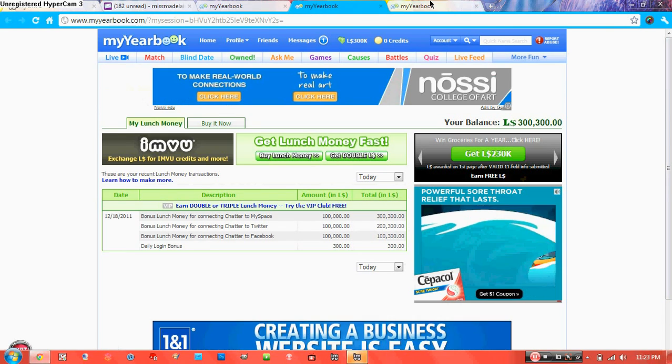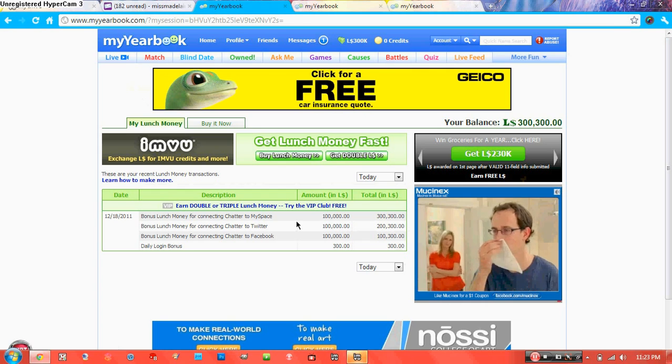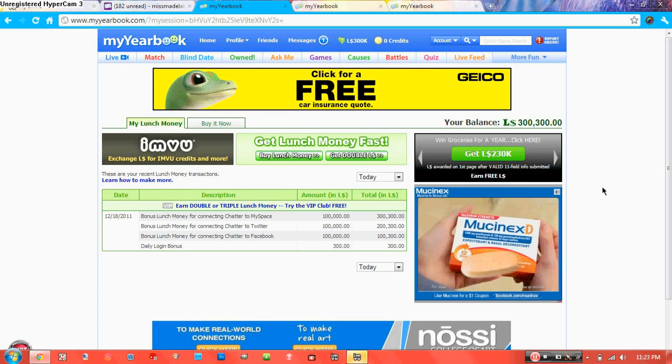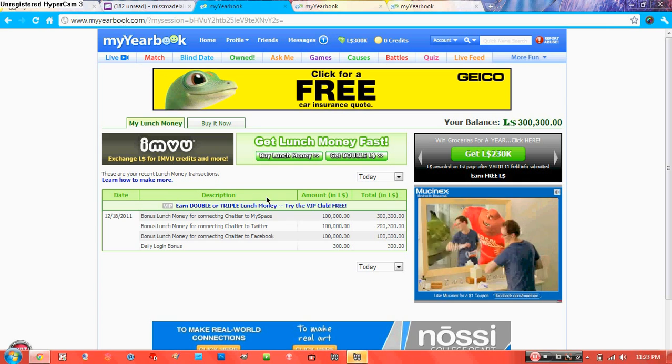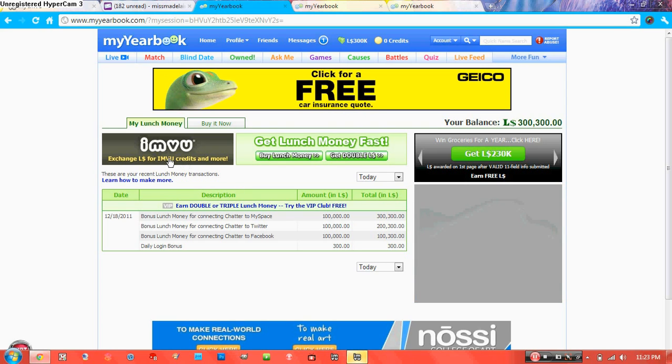But yeah, you need to have 3 pages open and wait for them to load. Recently, because of the ads, I don't know what it is, but the ads mess it up. If the ads haven't completely loaded, then you can't do anything else on the page and you'll have to refresh. But mine is already loaded, so I'm going to go ahead and click on this one right here on the